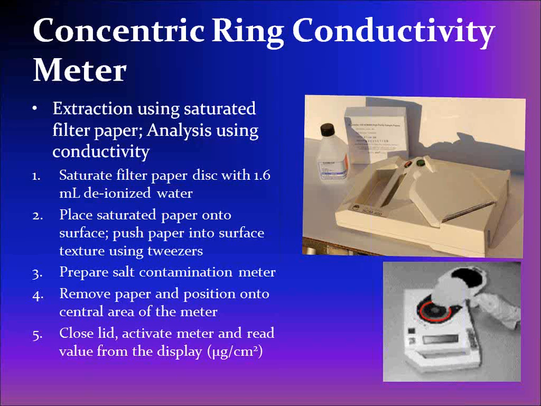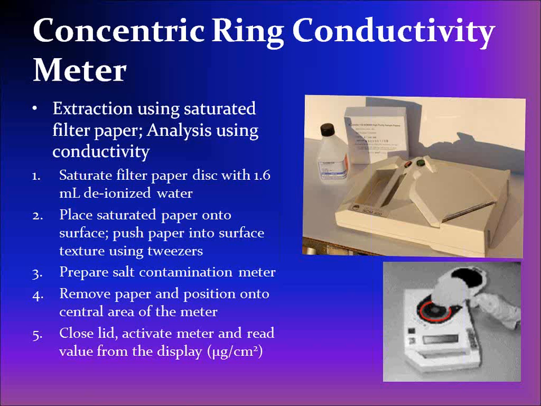The final method of extraction and analysis of soluble salt contamination described in this webinar is the concentric ring conductivity meter. A prepackaged kit contains 100 filter paper samples, gloves and tweezers, a 250 milliliter container of distilled water, dispensing syringes, and a conductivity meter. The extraction is performed using saturated filter paper, and the analysis is conducted using a concentric